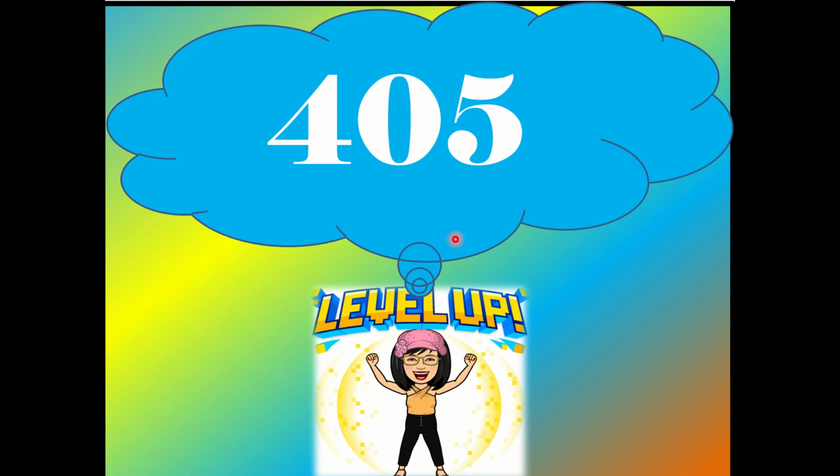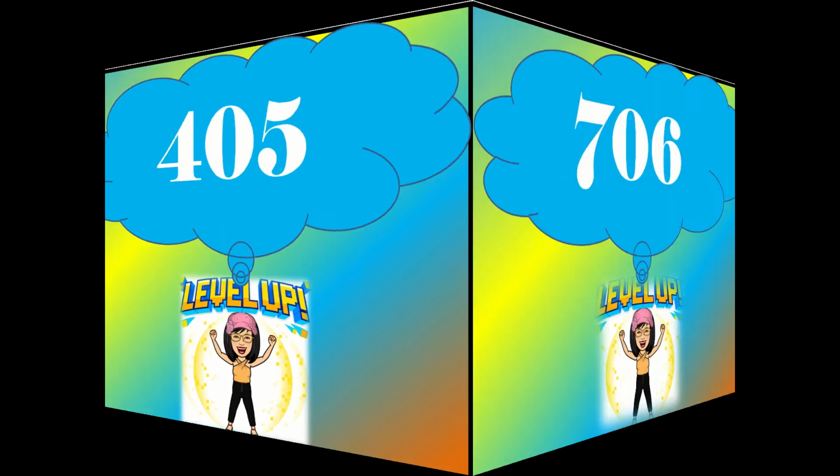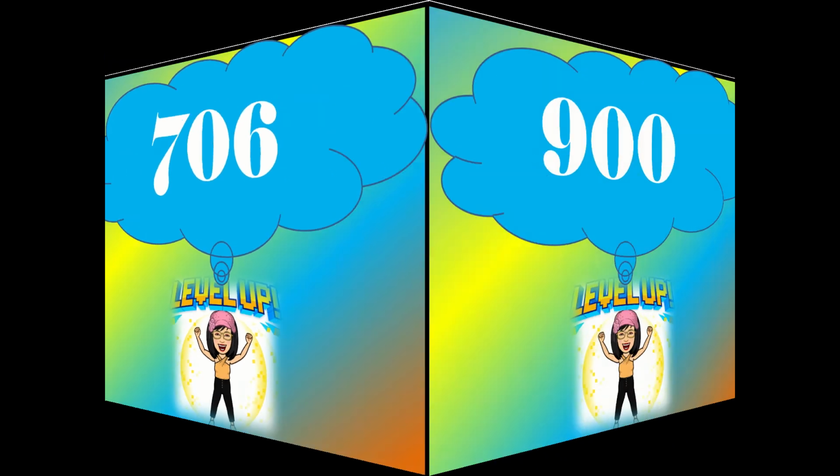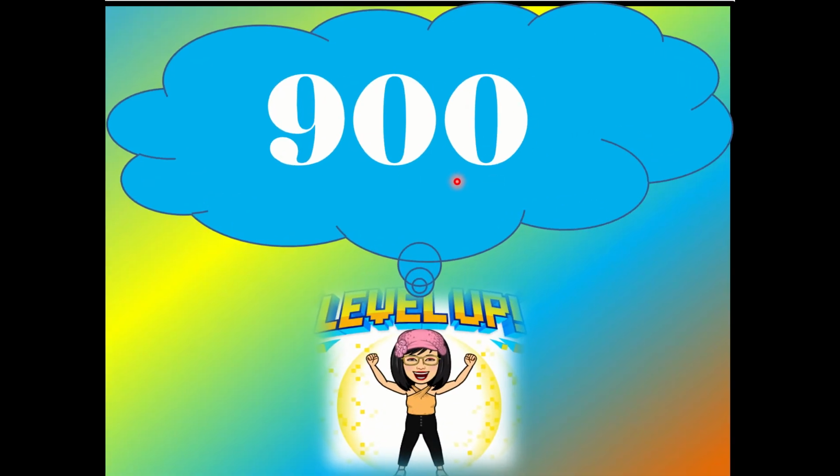The first number is 405. By looking at the ones digit, which is 5, the answer is 5. It is divisible by 5. Correct. Another number, 706. 6 is an even number which is divisible by 2. So it is divisible by 2. Correct. 900. The last digit or the ones digit is 0, which is divisible by